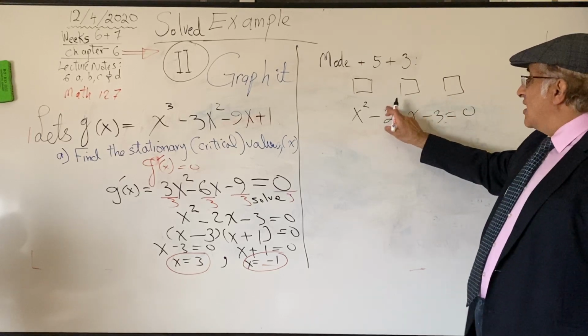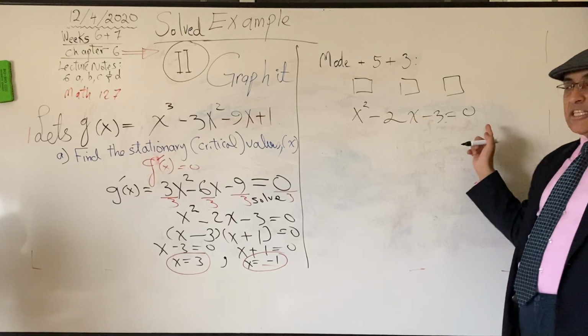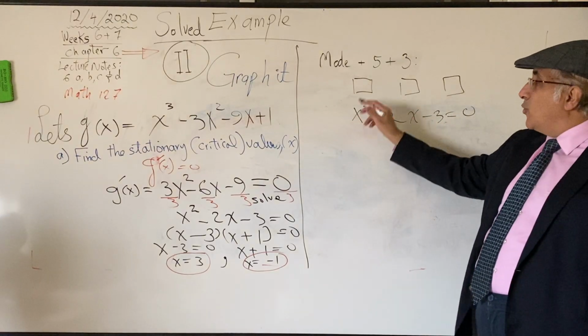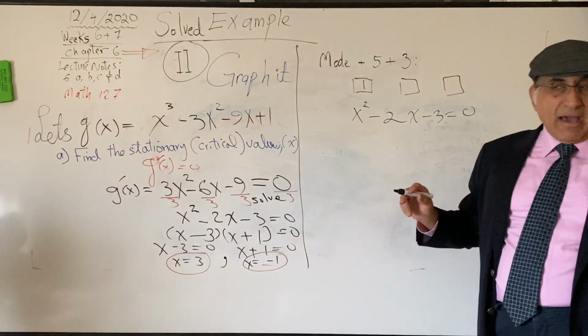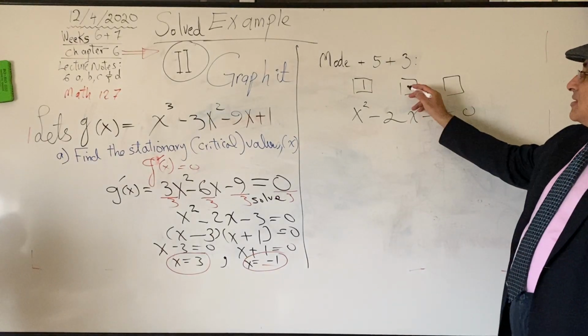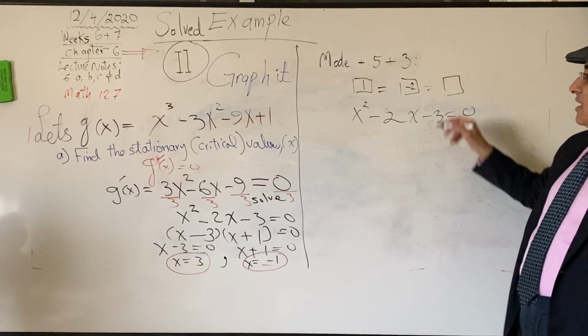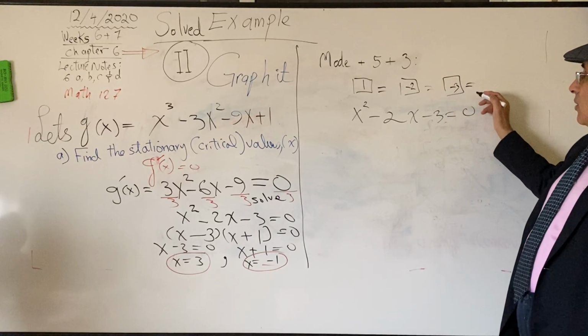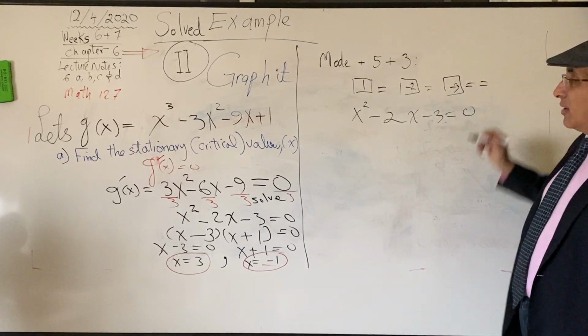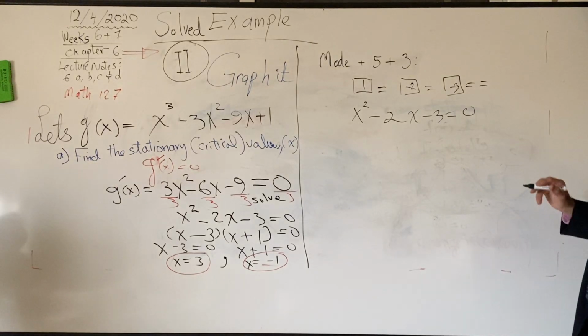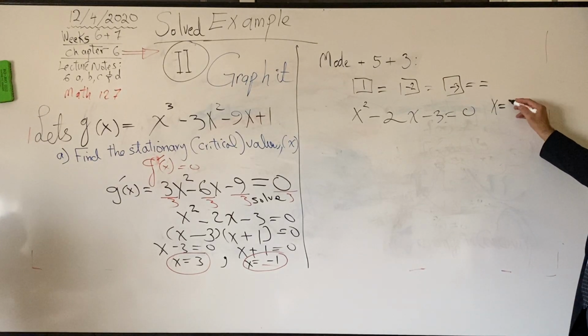You can't have anything on the right hand side. It has to be 0. The coefficient of x squared, we used to call it a in math 1. The coefficient of x term is -2. Every time you put a number, put an equal. -2, put an equal. -3, the constant, put an equal. You finish, put another equal. And what are you going to get? You're going to see two answers. x equals 3 and x equals